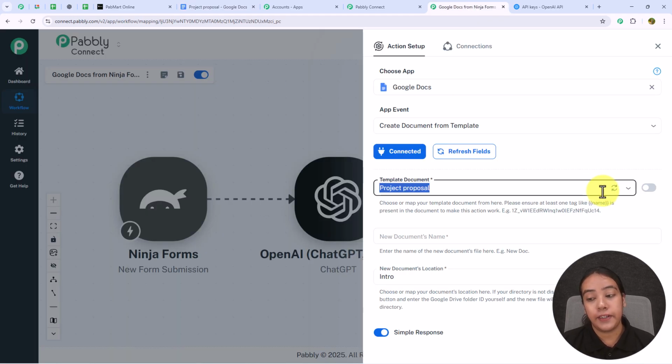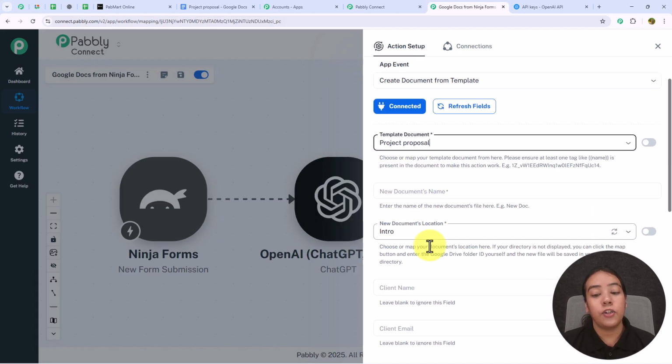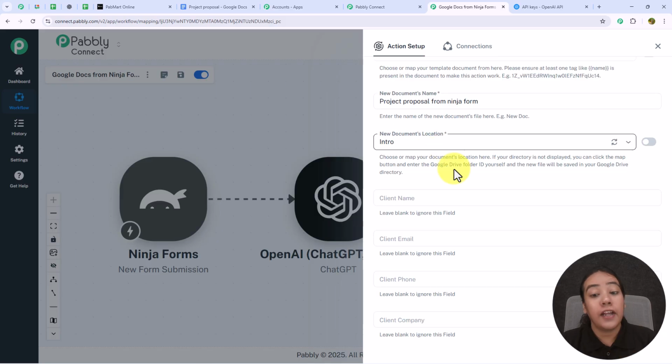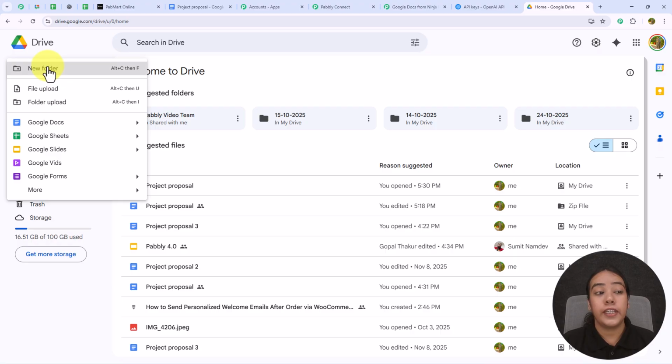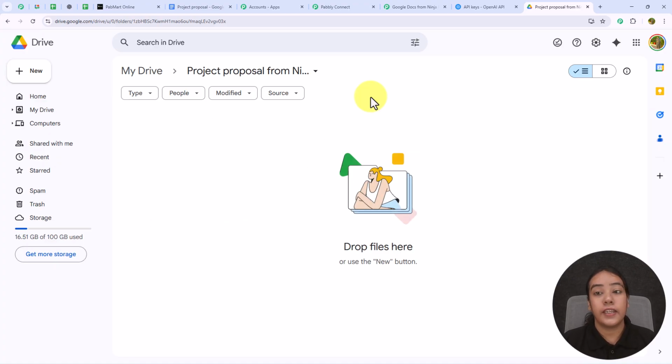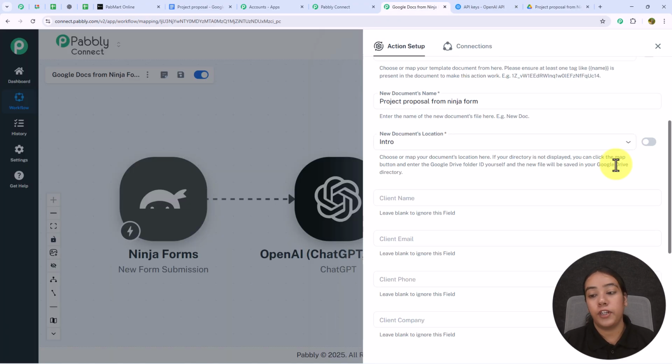Now again I'm going to move back to my action setup, and here I'm going to select my template name, which is project proposal. After selecting my template name, I need to provide new document name, where manually I'm going to add my new document name as project proposal from Ninja form. After that I'm going to select the new location for the document, and here I'm going to create a new folder with the name of project proposal from Ninja form, and as soon as my folder is created I'm going to select that folder on my